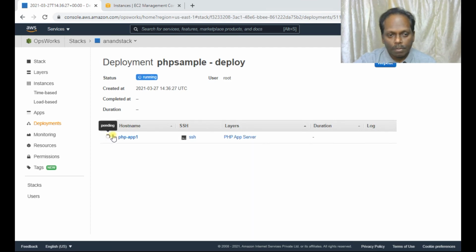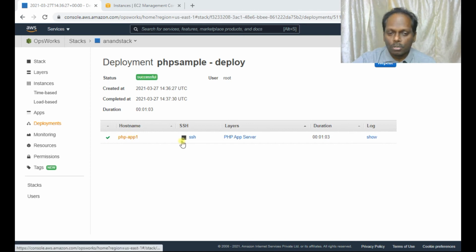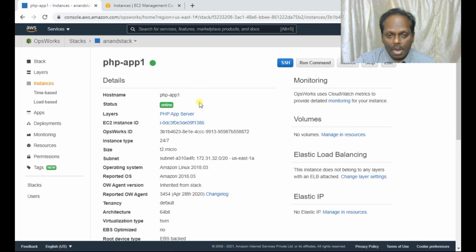Okay, I think this is pending. It will take a couple of minutes to deploy. Let me wait. The status you can verify is running, and the user is root. Okay, congratulations, the deployment of your sample code is successful now. This is your host name, and the total duration taken for deployment is around 1 minute 3 seconds. If you want, you can go through the logs, and you can go to this PHP app and verify by connecting to it,